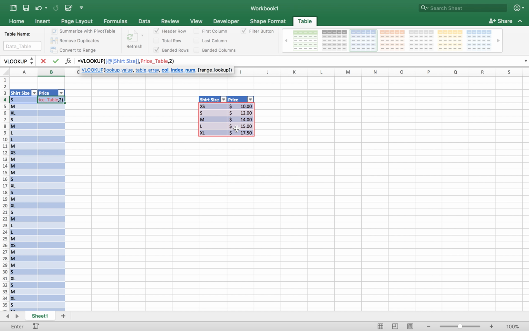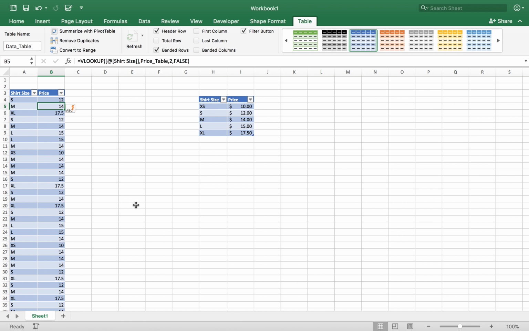Then we'll go comma. And then the range lookup is basically if you want it to be an exact match or an estimated match. An estimated match would be true, an exact match would be false. I always recommend using false for an exact match, or sometimes your information can be wrong. So just type in false, enter, and now it just filled in all the information for me using the VLOOKUP